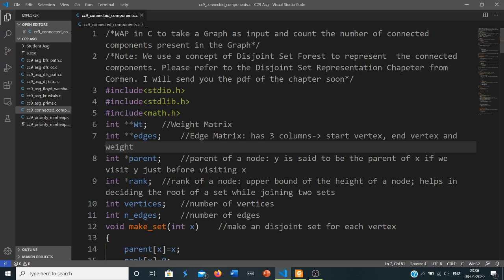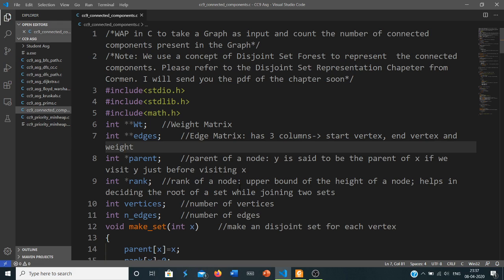However, today I'm going to start off with a program which you won't be applying or submitting as a part of your assignment. But this program is quite crucial as it is going to help you to deal with other programs. Now, which program am I talking about? The program to find out the connected components present inside a graph.